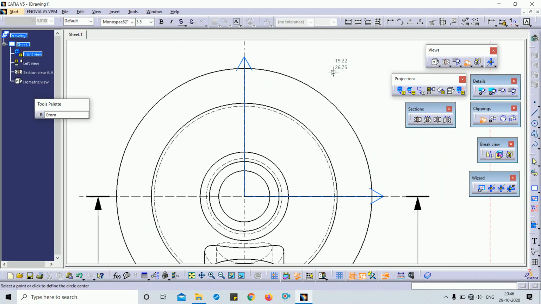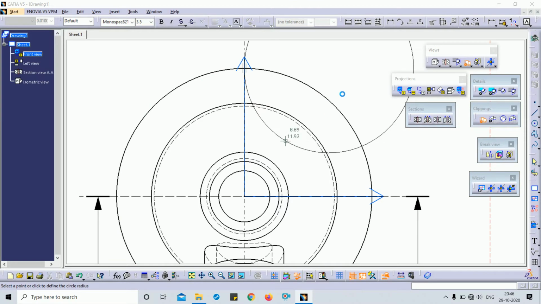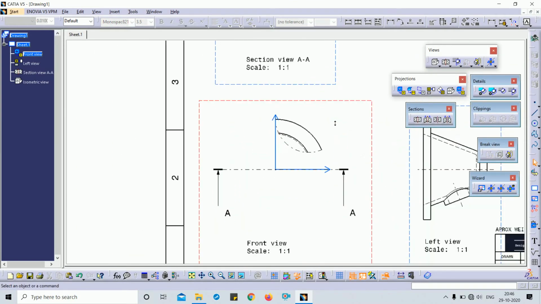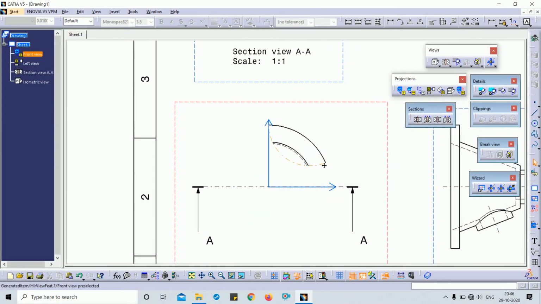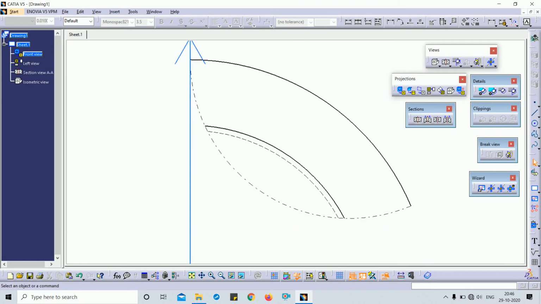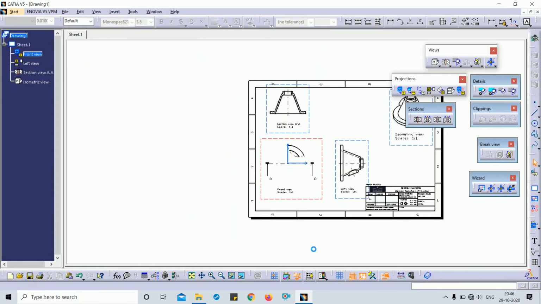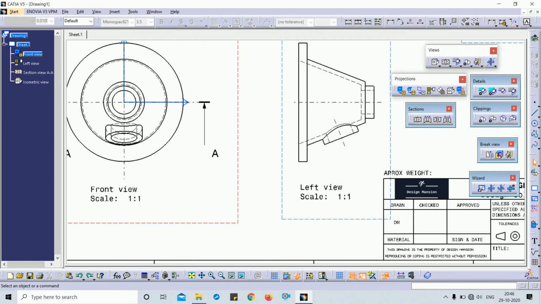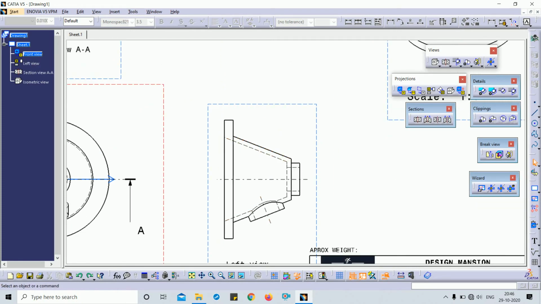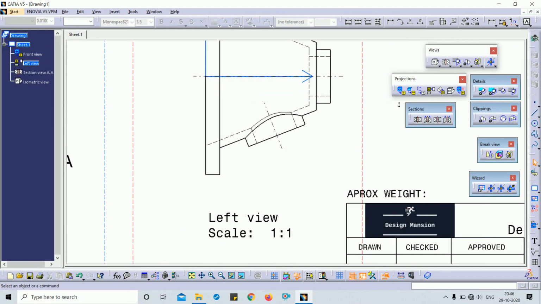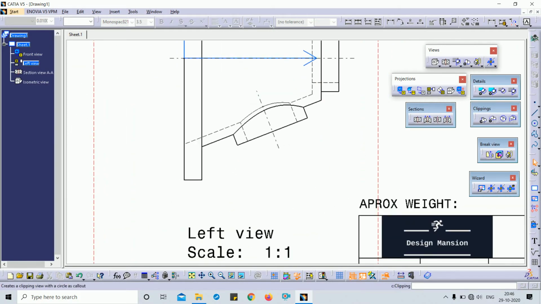If I want only this part, I double click by selecting this, choose clipping view and draw this circle.